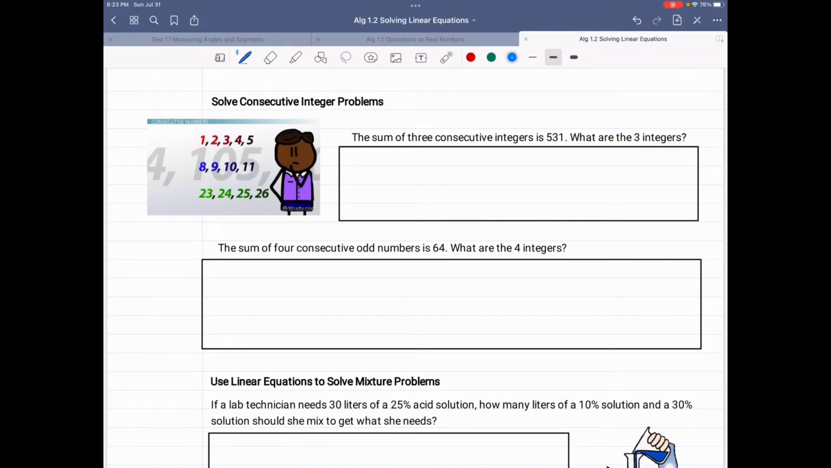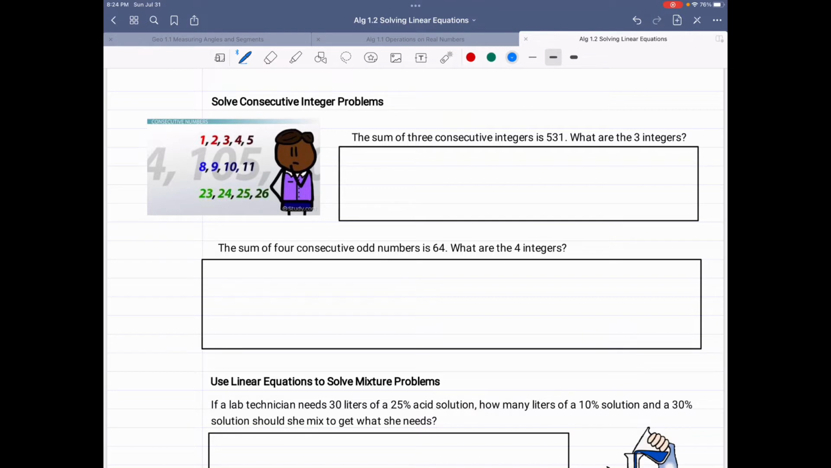Let's continue section 1.2, solving linear equations. This example is how to solve consecutive integer problems. Consecutive integers are numbers that go in order. And so as you can see in the graphic, 1, 2, 3, 4, 5, 8, 9, 10, 11, 23, 24, 25, 26. You can even have negative numbers like negative 5, negative 4, negative 3, negative 2, negative 1, 0,